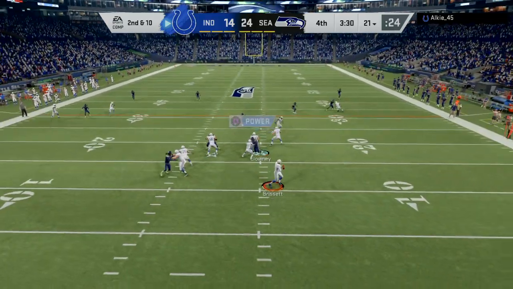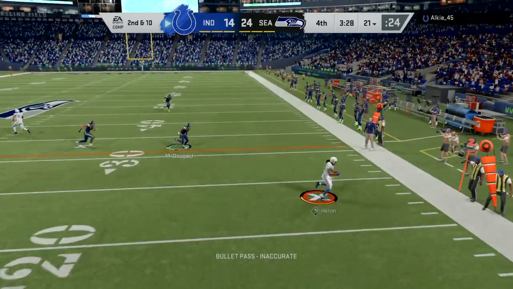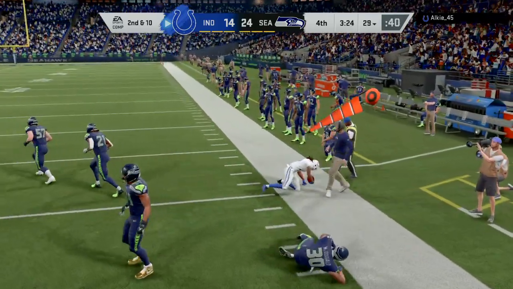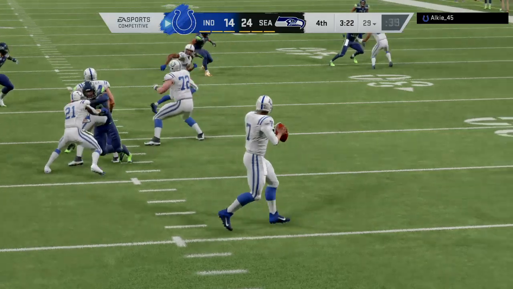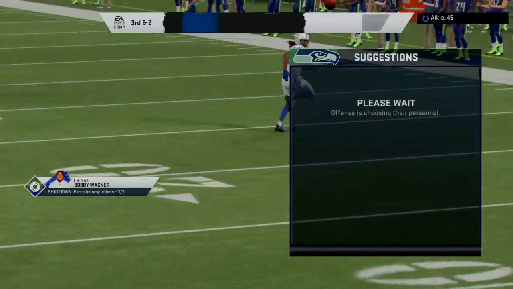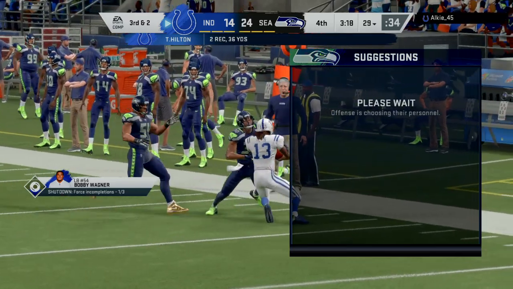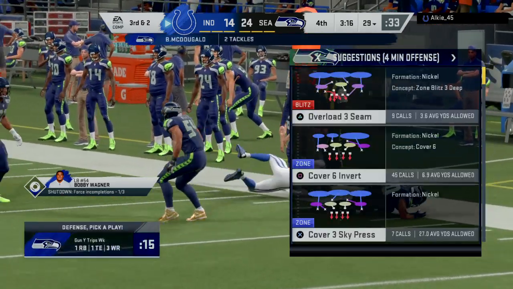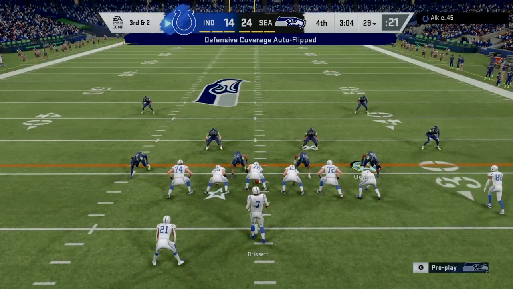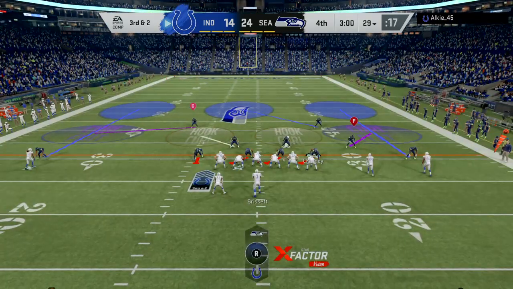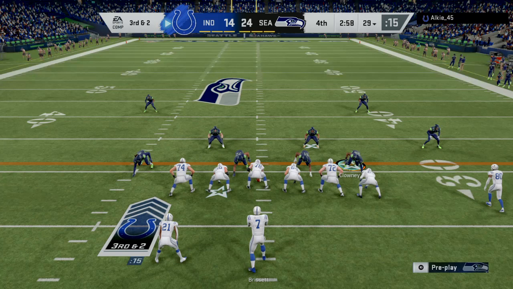Off the play fake, here's Brissett. And the catch made by Hilton. 8 yards on the completion, but now they face 3rd down. Those short little routes probably going to be open. The defense, they'll let those happen, especially when they can make an inbounds tackle. Yeah, where's Coach Madden when you need him? He always talked about taking what the defense gives you, but sometimes you have to know when you have to take more. That was one of those situations.